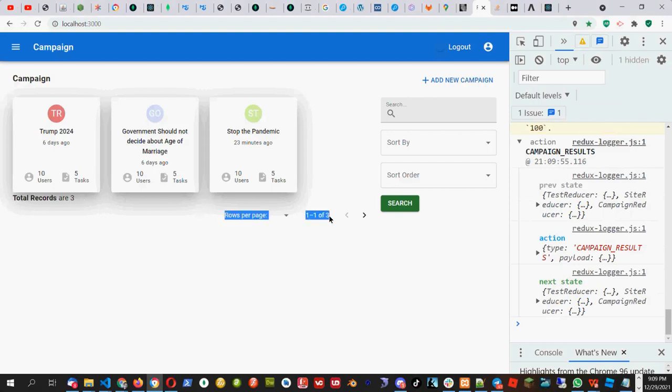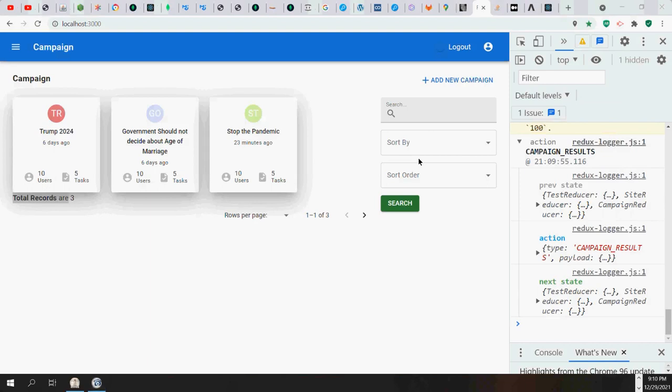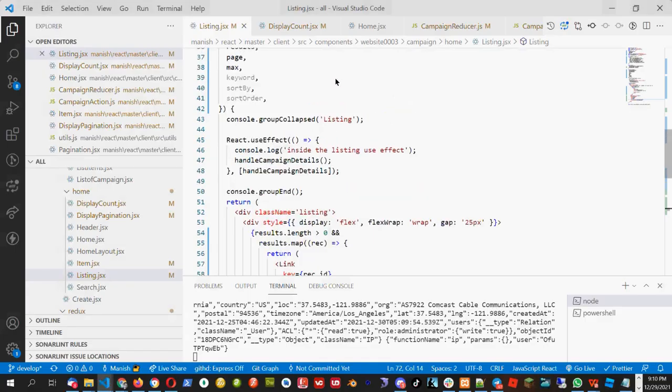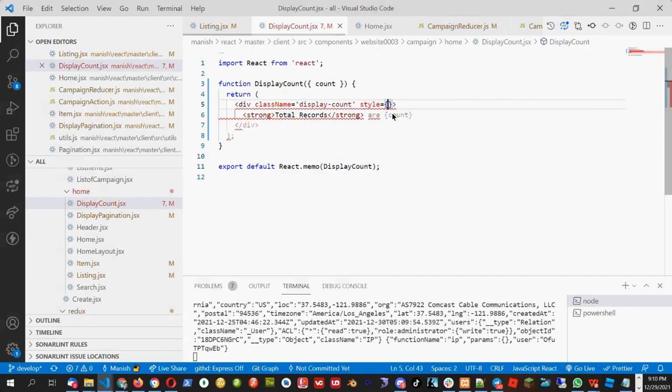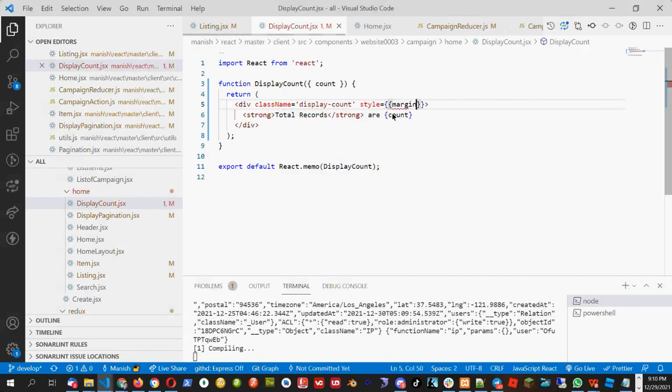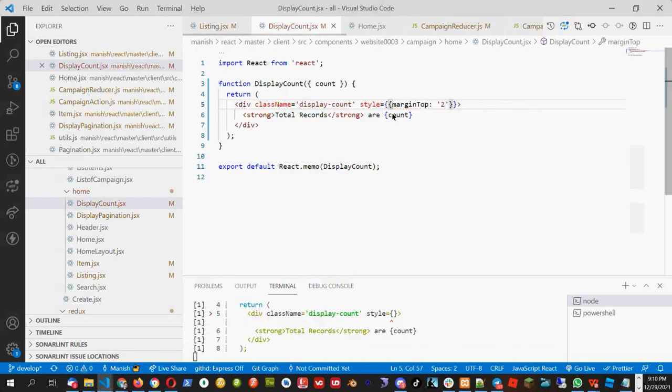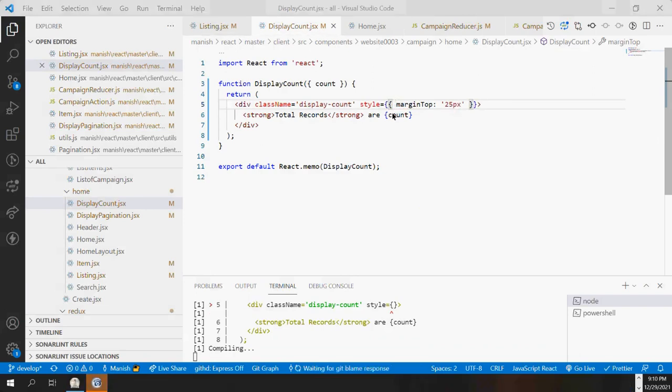Okay, so total records are 3 and this is per page, but this is too much attached to the top one. Let's put some styling. I'll go to display count and put some styling here. Margin top equal to 25 pixel.